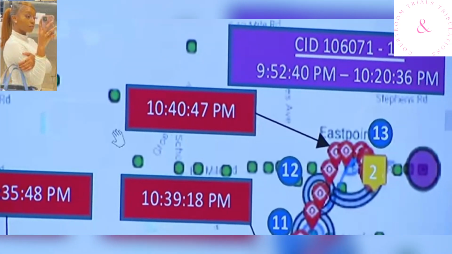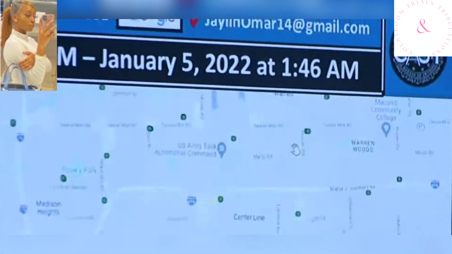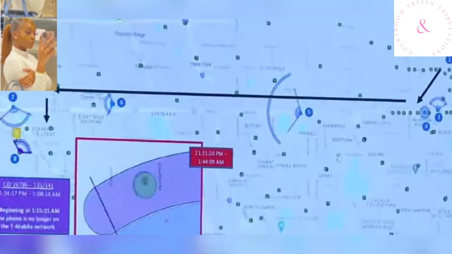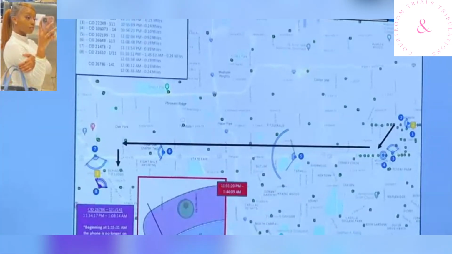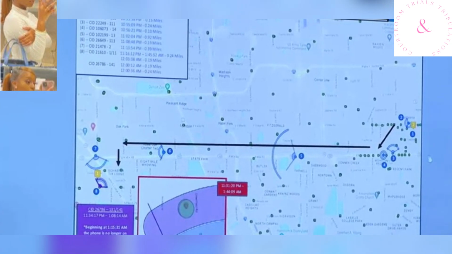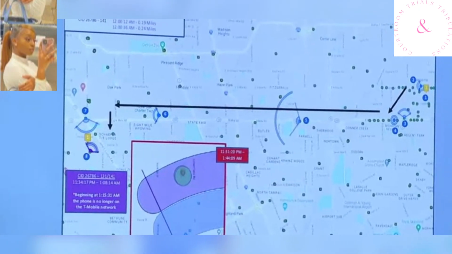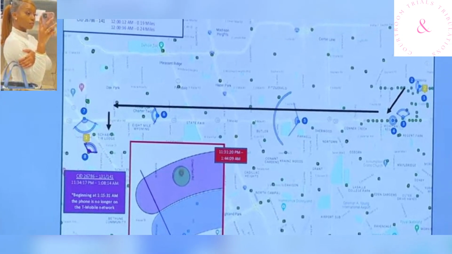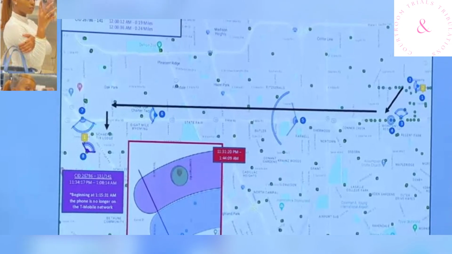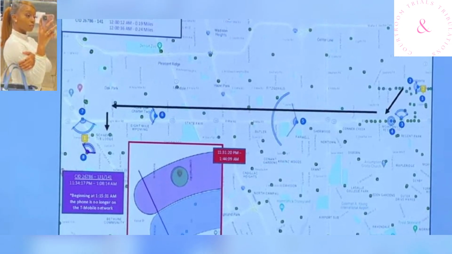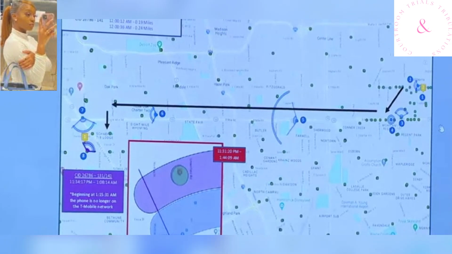Let's go to the next slide, number 10. So what time frame are we looking at now? So this is still January 4th, going ahead in that time. So it's from approximately 10:52 p.m. on January 4th to 1:46 a.m. on January 5th. Okay, and in terms of the earlier part of that time range,